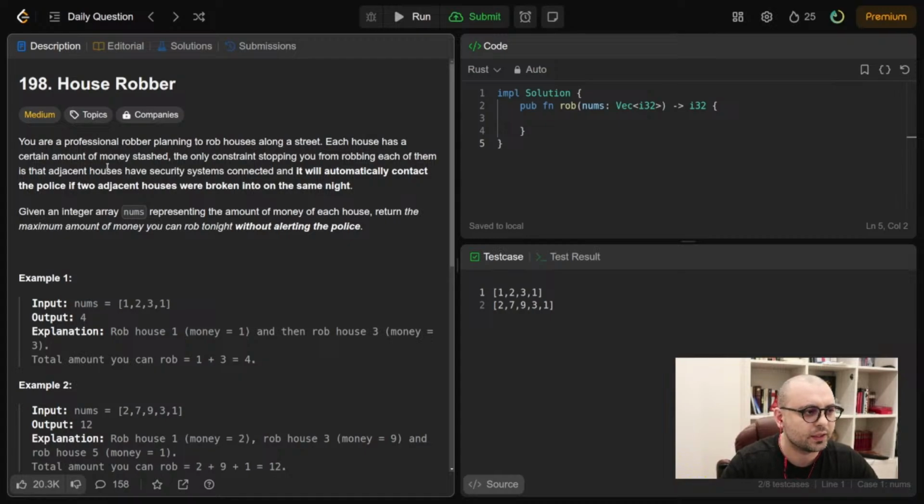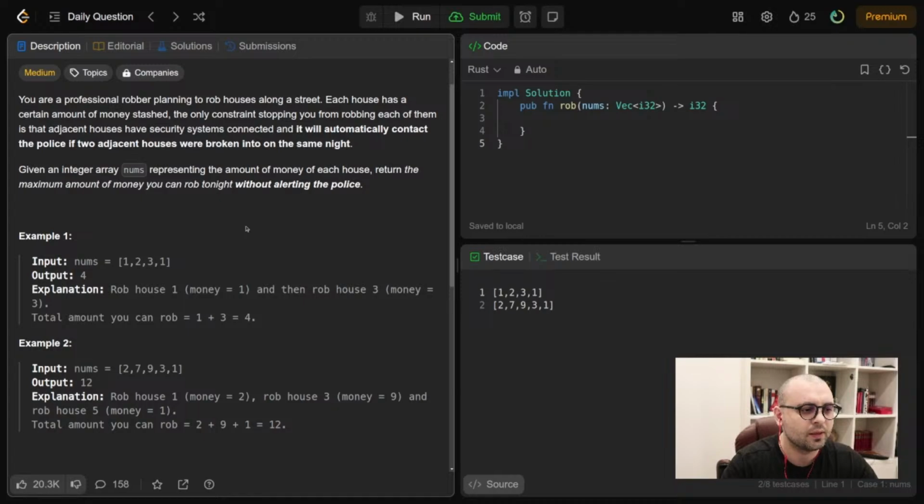Each house has a certain amount of money stashed. The only constraint stopping you from robbing each of them is that adjacent houses have security systems connected and will automatically contact the police if two adjacent houses are broken into on the same night. Given an integer array nums representing the amount of money of each house, return the maximum amount of money you can rob tonight without